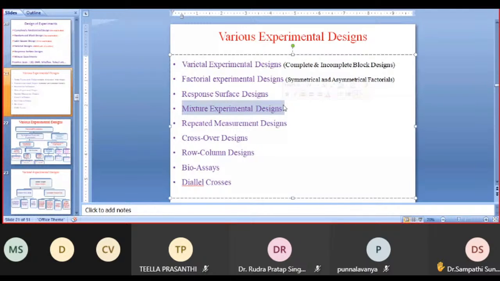So biological crosses, bioassays, these are all mostly what we are going to use in the pharmaceutical industry, much more in clinical trials. And whenever the probit analysis and logit analysis are applicable, those are mostly used for analyzing such types of data. These are the various other